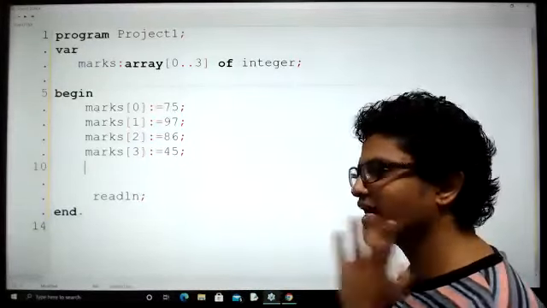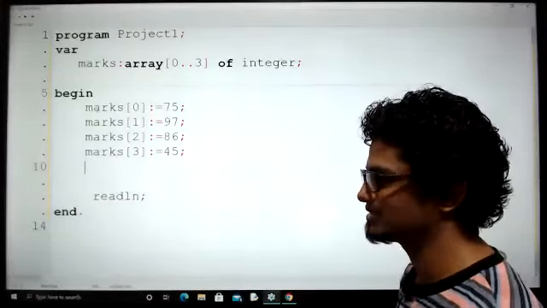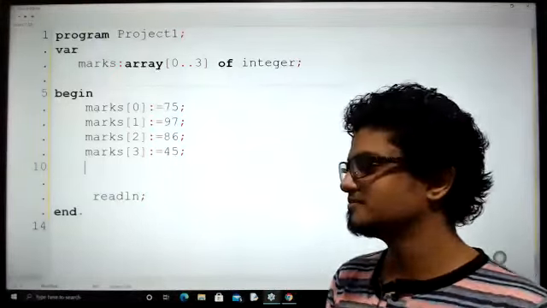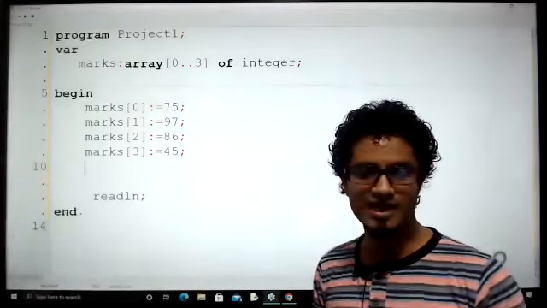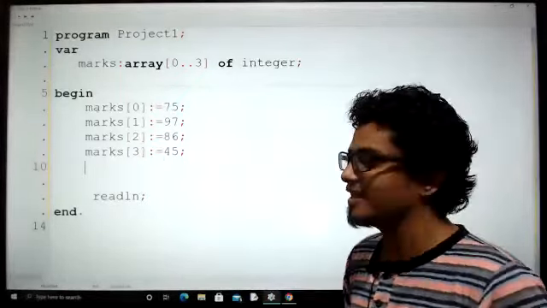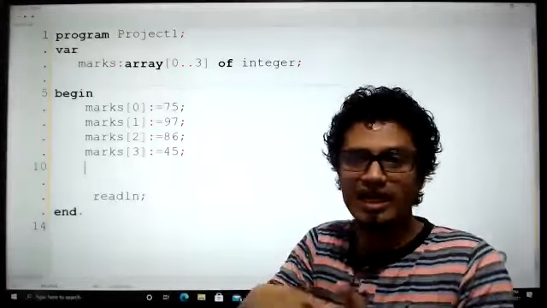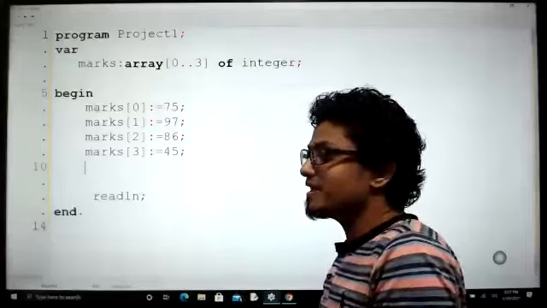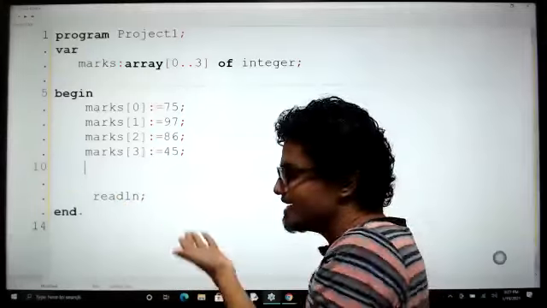Can you all understand this code, kids? Come on. Can you all understand this code, kids? Tell me. This is just an assignment. Will there be any output in this code? Any output? Obviously no. Why? I have just assigned those values to the marks array. It's like, let's say I have created a variable called x of integer, and I'm saying x is equal to 5. I'm not displaying it. I have no writeln here to display. If I have writeln, I'll be having the output, no? Do I have any writeln here? No.